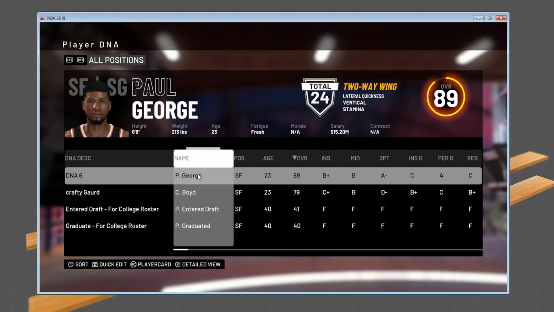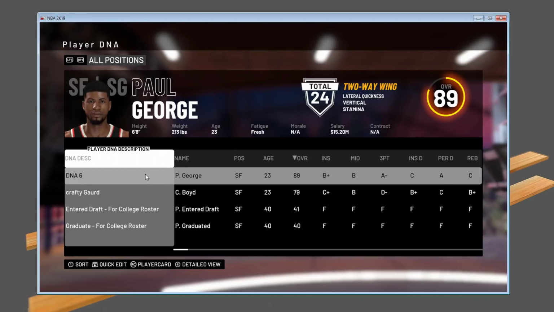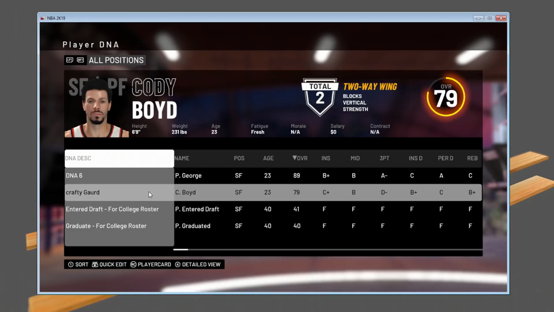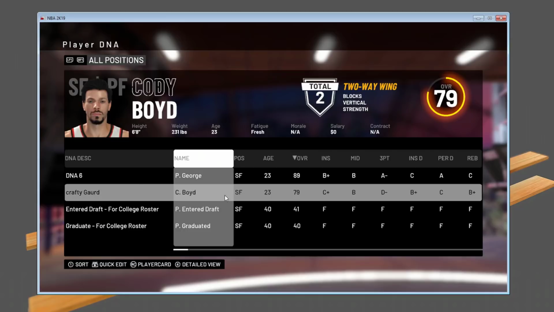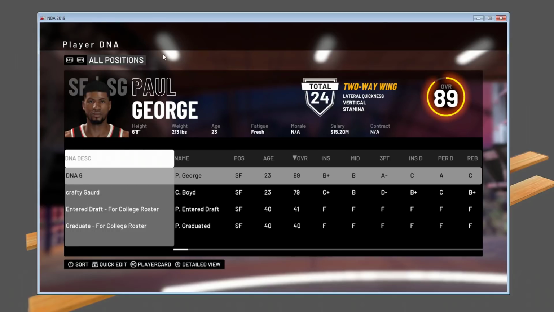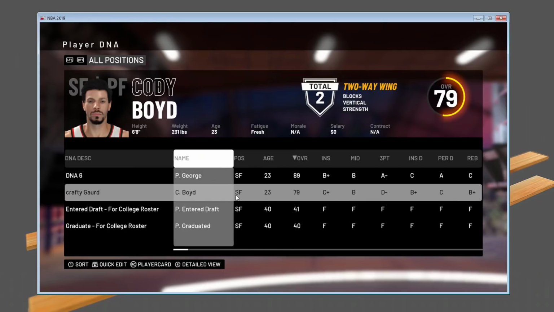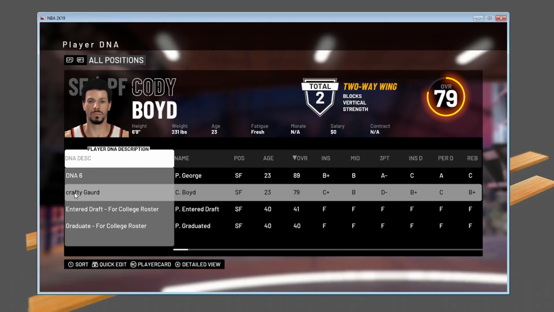So using the player DNA stuff as a base is really the second way that most people don't use DNA. It's kind of hard to explain, but you'll understand more when I go through this. So crafty guard, that's what we're going to focus on for this video. Even though he's not a guard, we're going to pretend he's a guard. Say, okay, crafty guard. Let's say I'm creating a draft class and I want to create 3 different prospects that are going to be considered a crafty guard, then